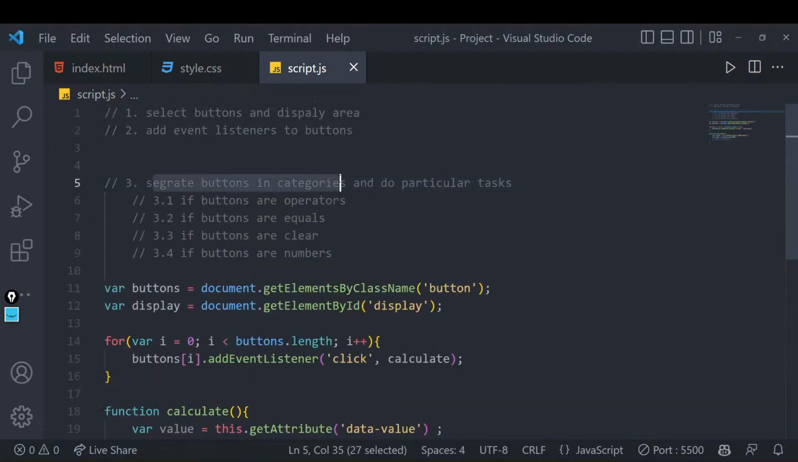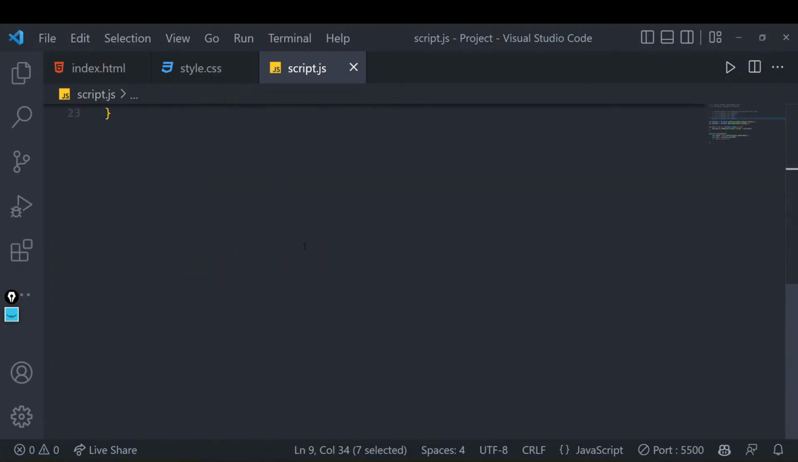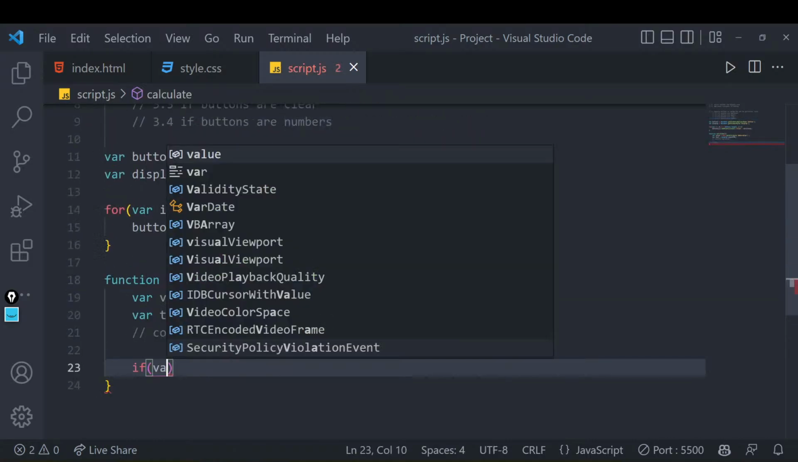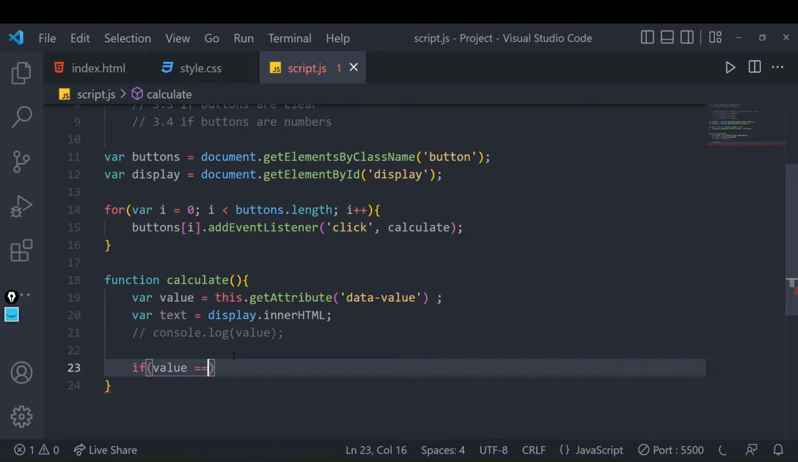Third step, we have to segregate these particular values according to whether these are operators, if these are equals to, if these are numbers, right? So I'll quickly do one thing. I'll quickly say if value is equals to plus, or if value equals to